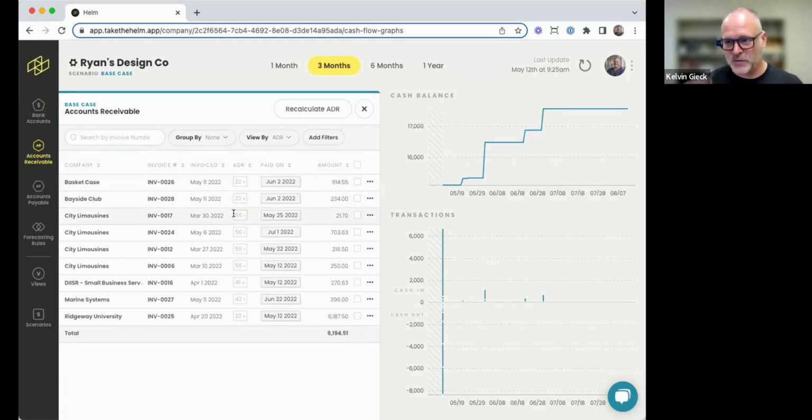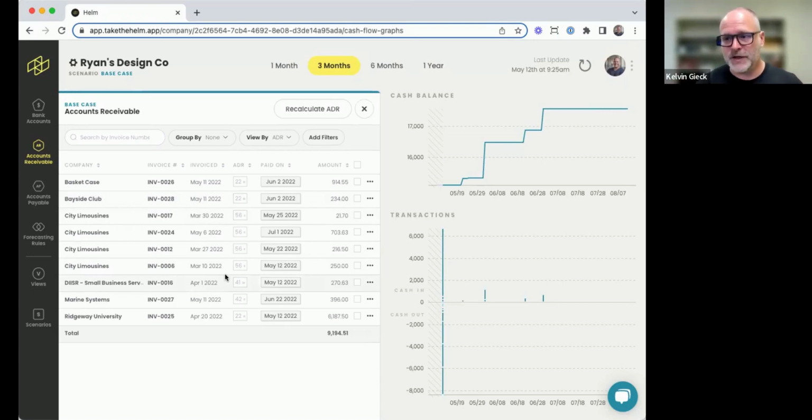And it's telling us how they will then be paid. That's dictating how they will then pay us in the future. Is it 100% accurate? No, but most people forecast based off due date in terms of receivables, which is usually inaccurate because most people pay how they want to pay. And so you can see here, even though this company's terms are 30 days, you've got some people paid in 22, 56, 41, etc. But Helm takes that information and maps out accounts receivable timing for you so that you